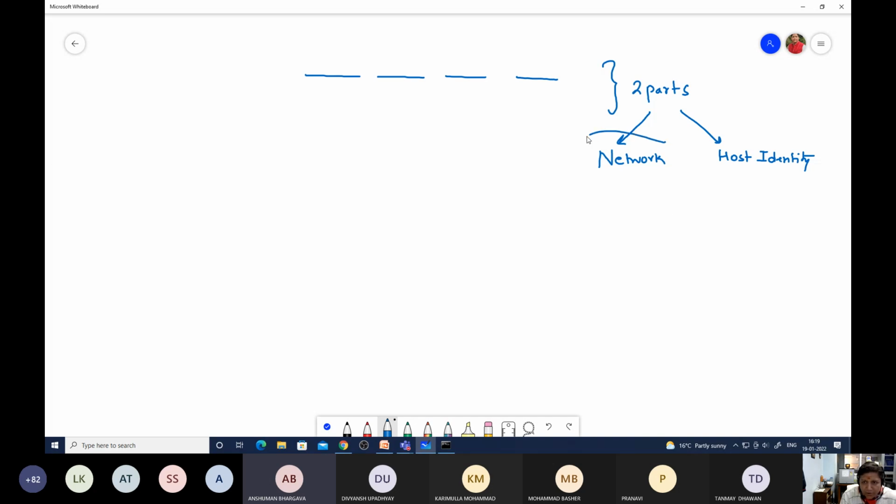So which network do you belong to? What is your network identity? And within that network, what is your host identity? And then they thought that, depending upon the condition at that time, what they have, just let me